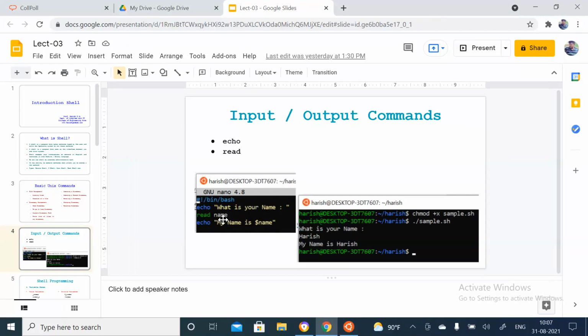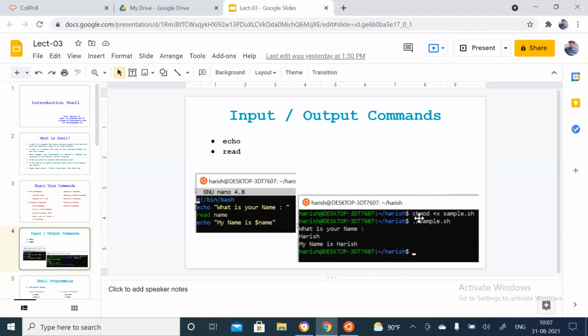We'll see this example afterward, because here we are using a variable, name, that is used to store the name of that person, right? And for this kind of script, we first need to change the mode of that file.